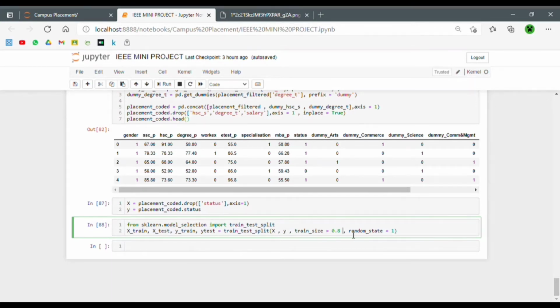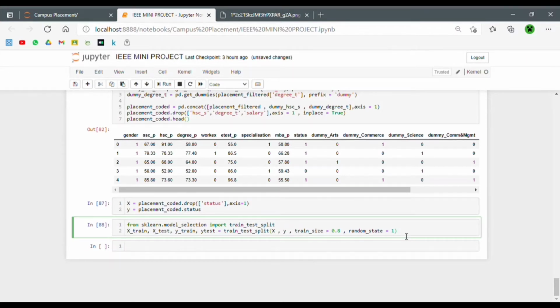And then there is the random state. This random state can be anything. It can be 1, 2, or 1000. Basically this is for the reproducibility of code, right? If we don't have a constant random state, like random state 1, every time a different portion of the data will be split. We don't want a different portion of data to be split every time, for the consistency of our model. So we have a certain random state for that.